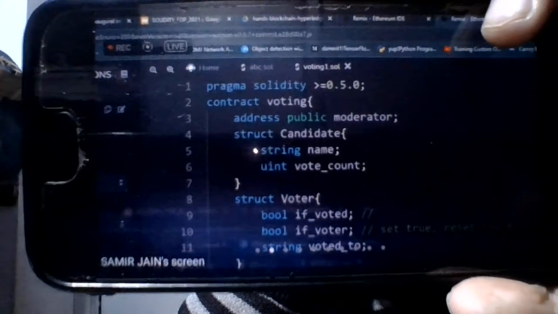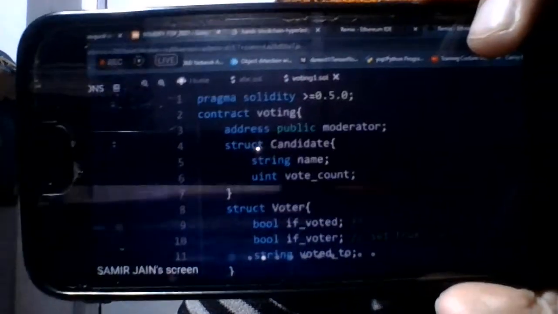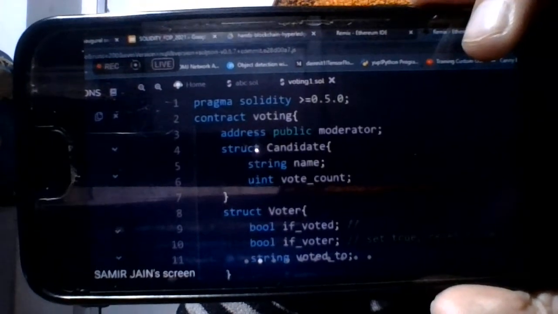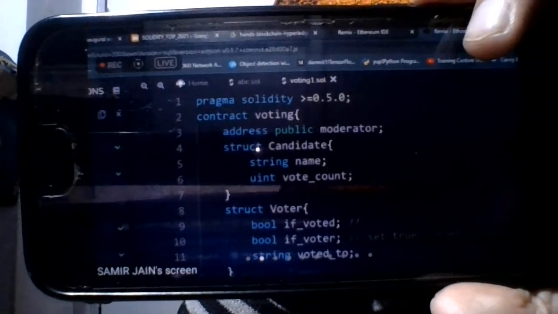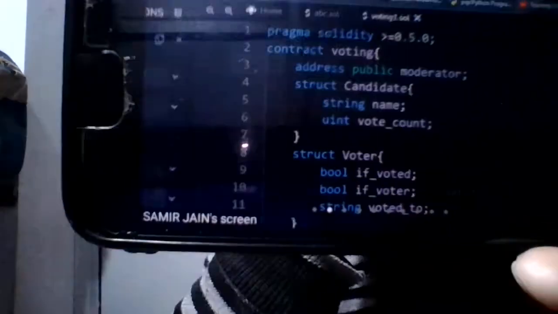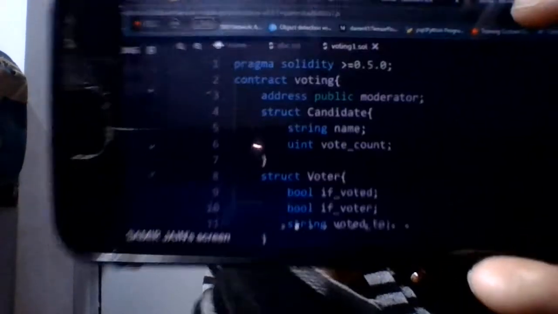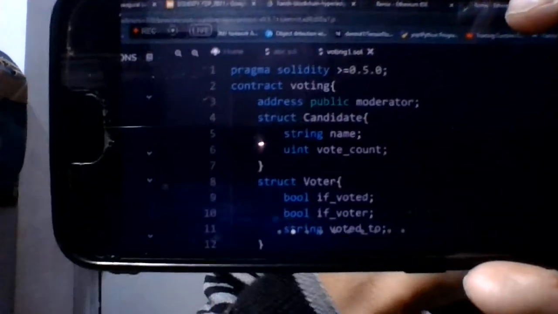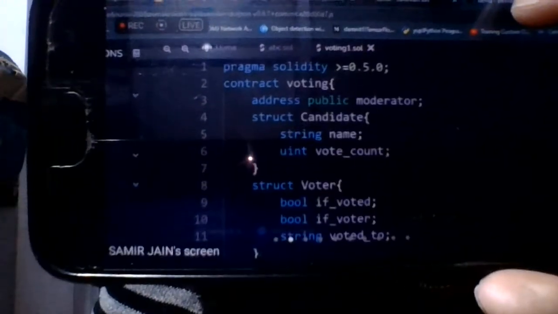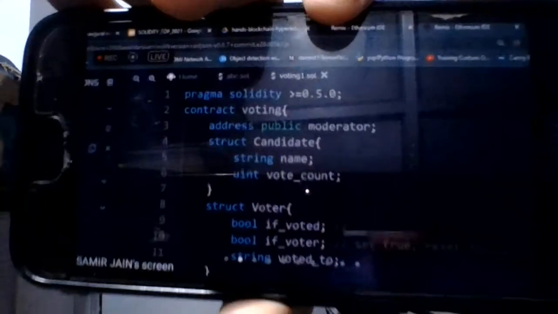When you press this, it will be expanded and you'll see. So in the orange color, these are the functions. Okay, and these blue buttons are telling you about the state variables of that contract. So these functions need some gas, and these state variables are just reading.